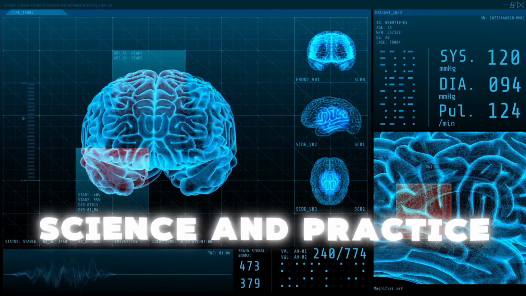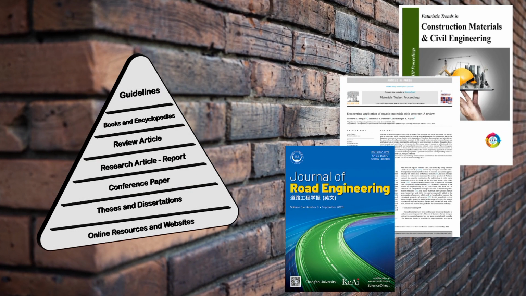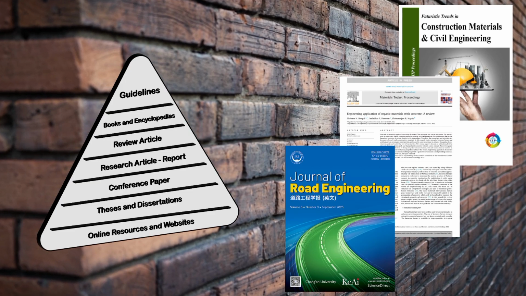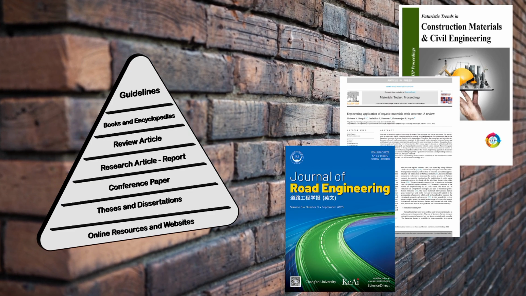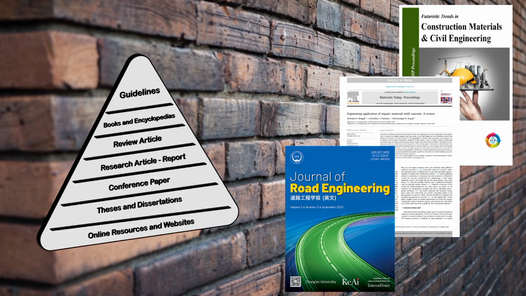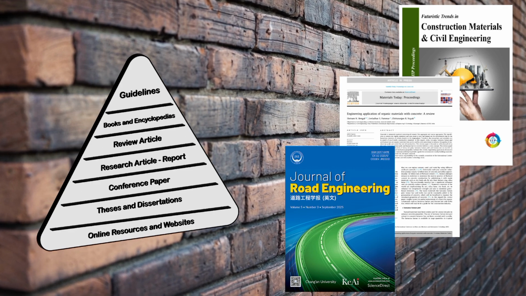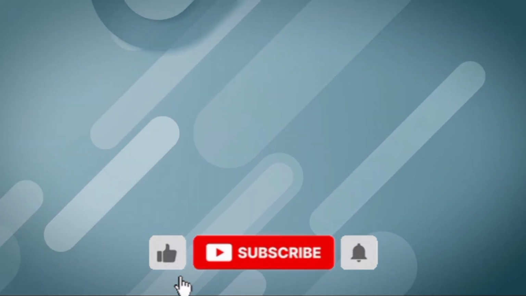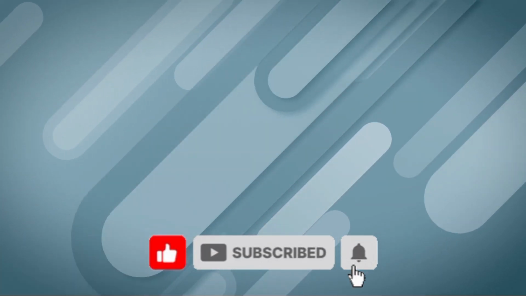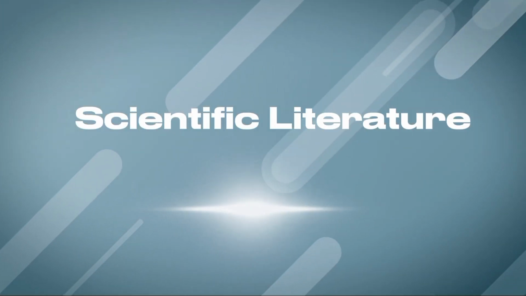In the previous section, we saw that scientific evidence is like bricks stacked together to build a solid wall, a wall that reflects the reliability of each study and helps us understand which findings can serve as the foundation for major decisions and which are merely initial clues. But scientific research is not limited to the classification of evidence. In another categorization, we divide studies into 2 groups: research within the scientific literature and research within the gray literature.